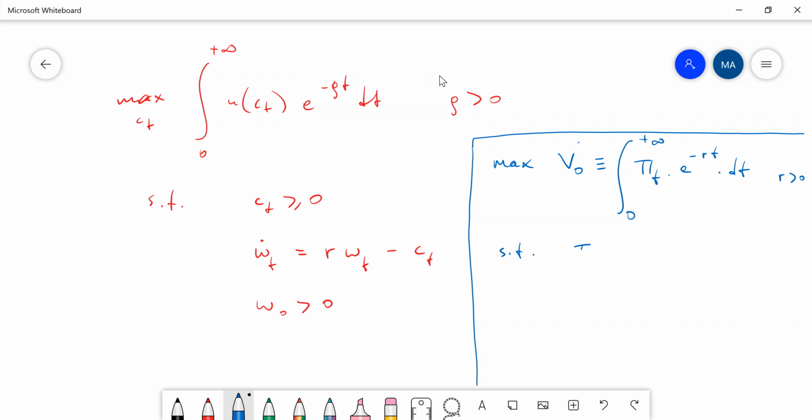Now profit will be defined in this way. Let's say you have a product you sell, the product you sell is produced using capital stock, then you have this investment expenditure,